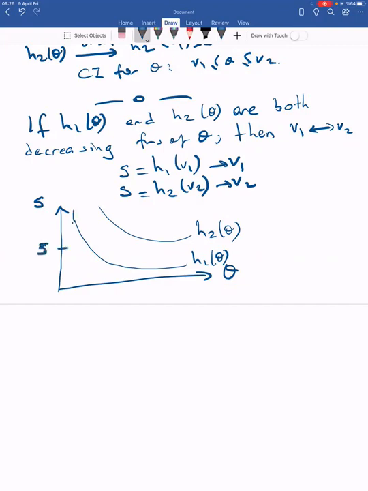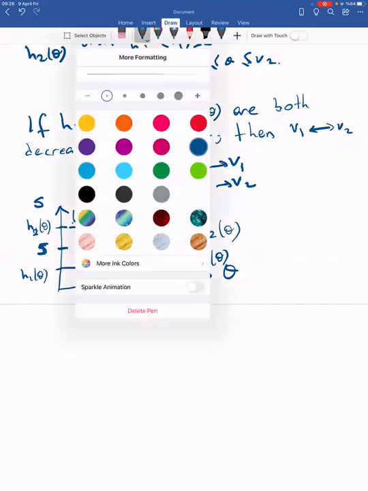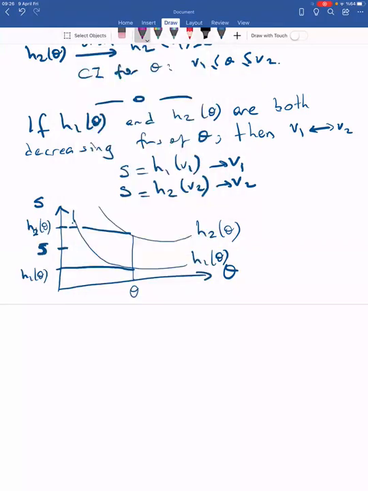We assume that our S is between h2(theta) and h1(theta) for a specific value of theta. Actually these will be like that. Then our main aim is actually finding